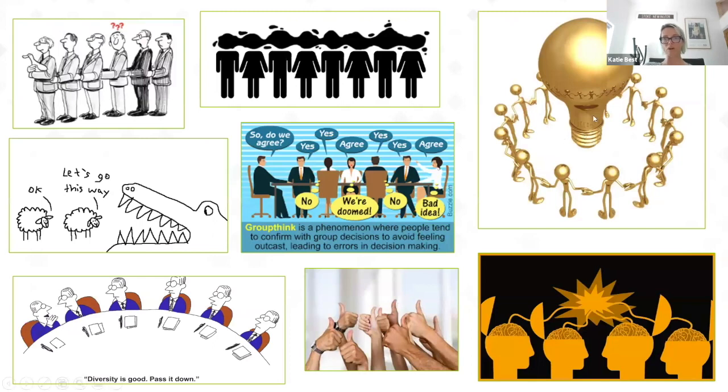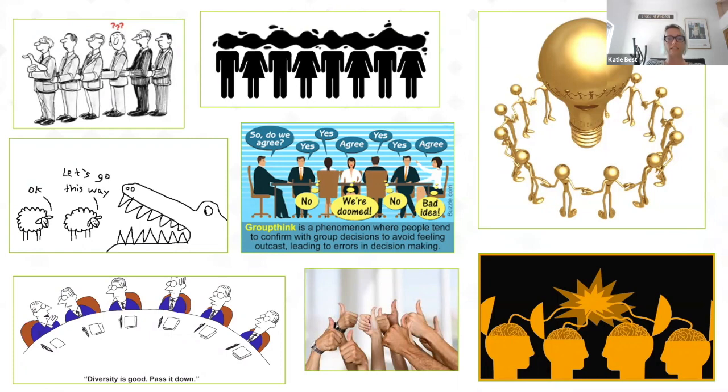So when I went onto Google Images a few months ago, you would get a slightly different search, because obviously everyone gets personalised search results. But these were some of the top images that came up for me when I typed in groupthink. And I think much better than trying to describe what groupthink is, these pictures are a pretty good summary of the process. So the one at the top with everyone's heads all squashed together isn't so different to what you said. The one in the middle, we've got a definition as well.